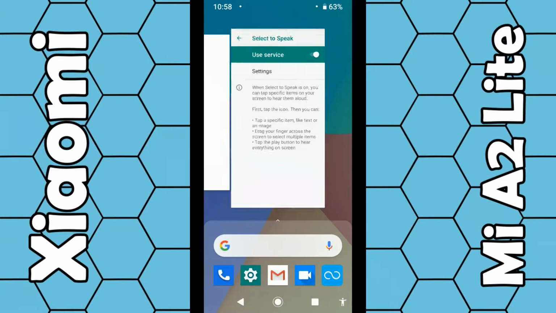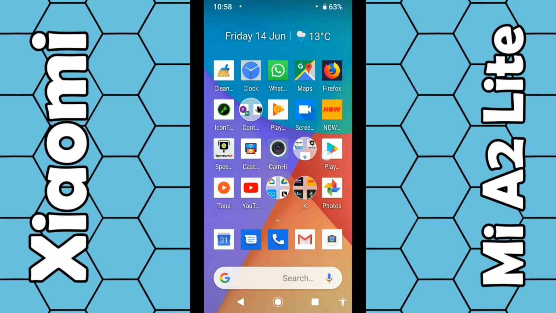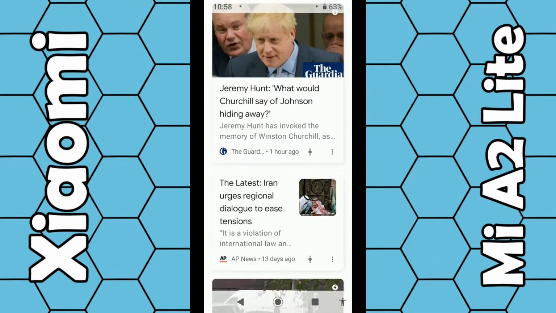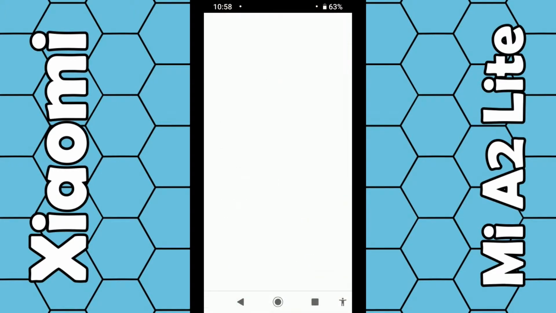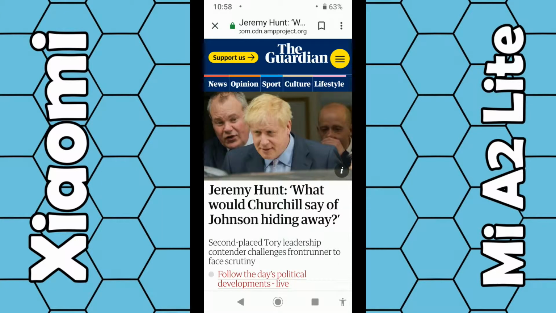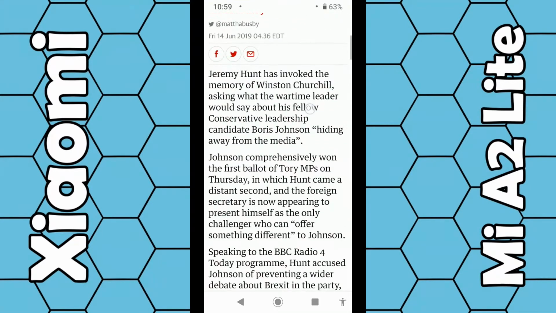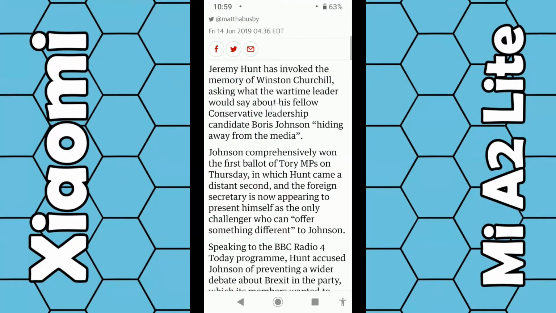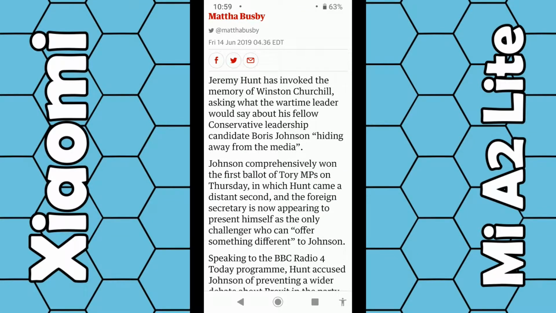So if I go to a web page, so say for example I select this one, so to do this you can either tap it and you can click the play icon and it will play the entire web page. If you just want to select certain bits of text, so for example, if I just want this paragraph here read out, all I do is click on the little man, then I tap on the